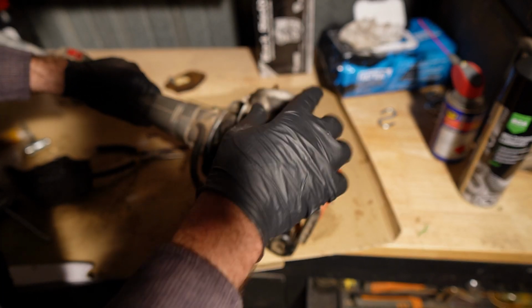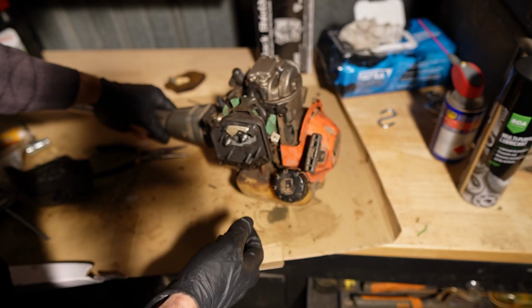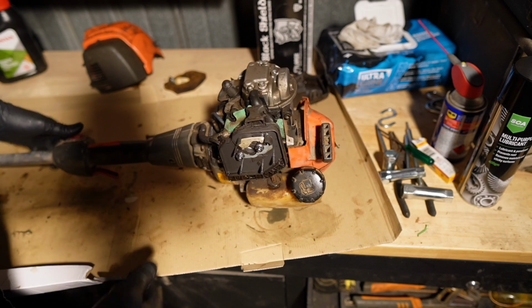I've opened up this little side of the muffler here that was covered with the spark arrestor. And I've got the new spark plug in. That's seated on there properly. Make sure that the machine is turned to the on position. And we're going to put the choke on. And then we're going to give some pumps here until we feel a little bit...